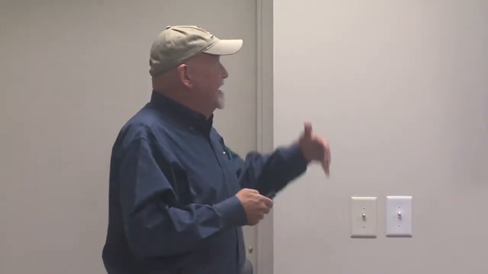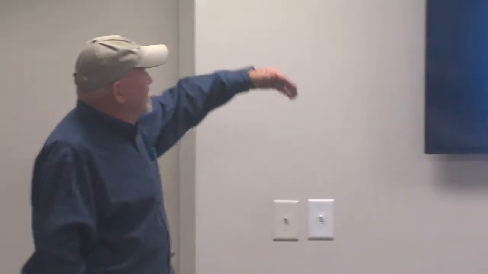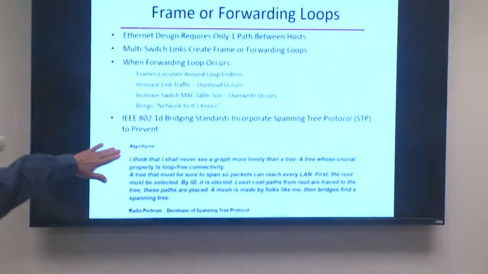And all of a sudden it reboots and the network's working. And then before I know it, the network's not working and the switch reboots. So it's this cyclical pattern. And it really is a way to bring a network to its knees, so to speak. So anyway, this spanning tree